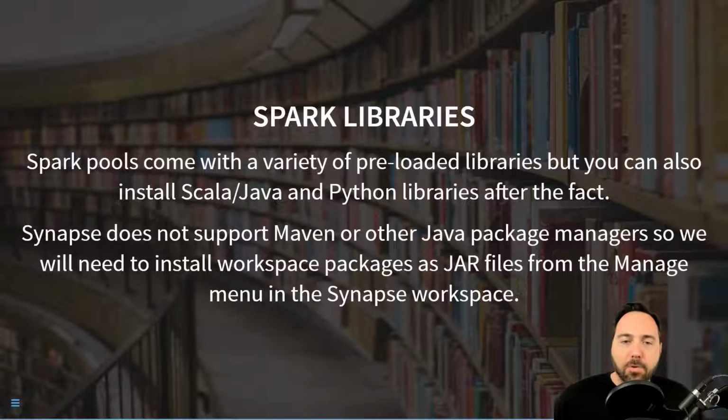If you create a Spark pool, it will come with a variety of preloaded libraries. It will probably not have everything that you want. Therefore, you can install Scala or Java packages or Python libraries after the fact. Python libraries, you can use pip, you can use conda. Scala and Java, they don't support Maven. However, you can